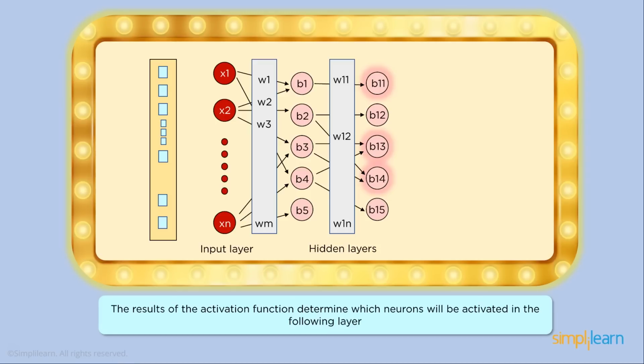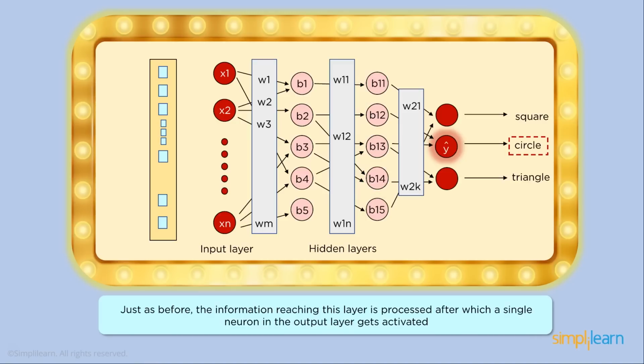So we see here B11, B12, B13, and B14, and the weights coming in from B1. So let's say B1 fires and it goes into B11. Usually you would see the weights going all the way down. So B2 would have its weights going into B11, and B1, B2, B3, B4, and B5 would all go into B11, and they would have their weights depending on what came out. It might just be 0, so there's nothing coming through, or it might be a value between 0 and 1, and so forth for B12, B13, B14, and B15. And then we take those, and they'll have the weights attached to each one of those coming out, and they go into the final layer.